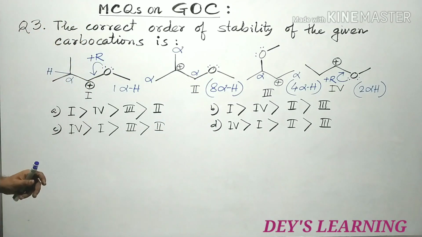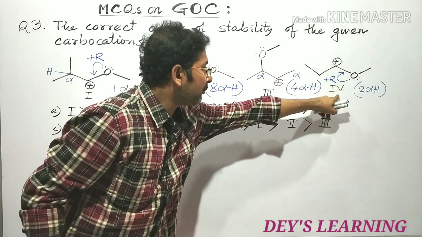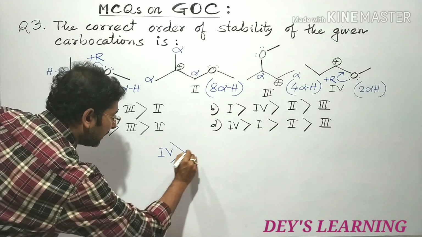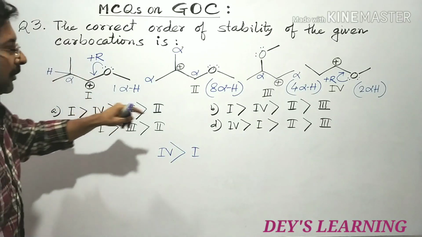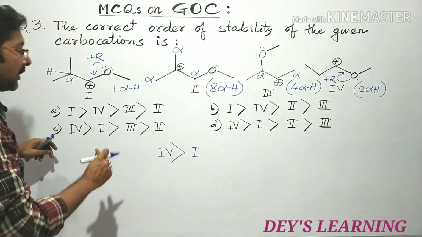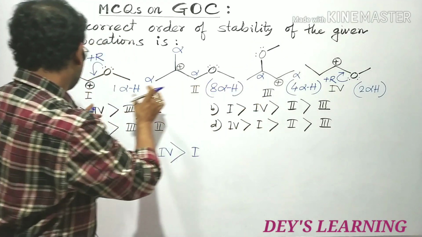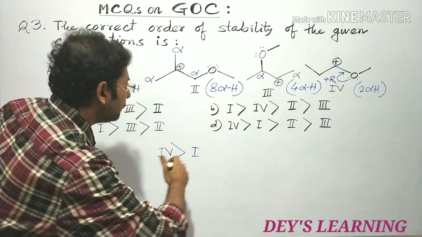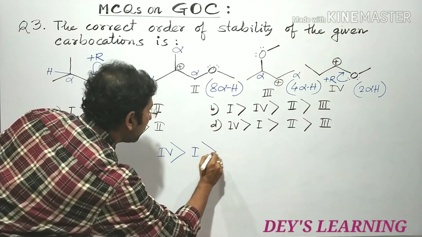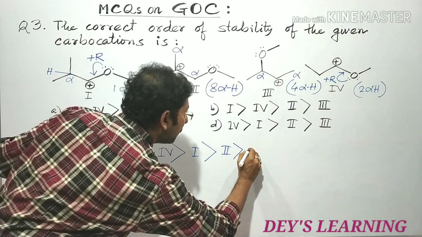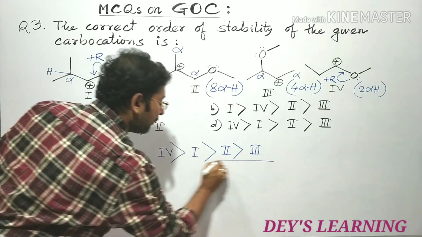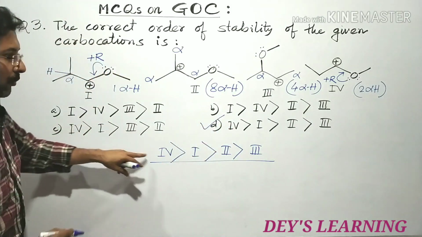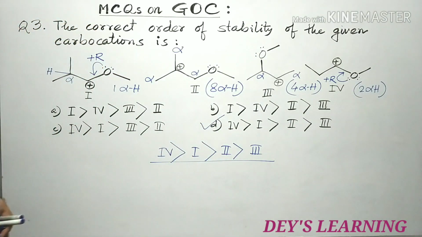So the stability order is, carbocation 4 is more stable than 1, and between 2 and 3, 2 is more stable, and 2 and 3 का stability definitely 1 और 4 से कम है. So the stability is 4 is greater than 1, greater than 2, greater than 3. So this is the order of stability, and so this option is correct. 4 1 2 3. Okay,